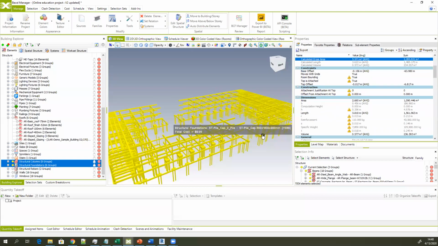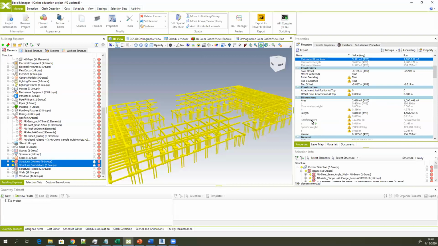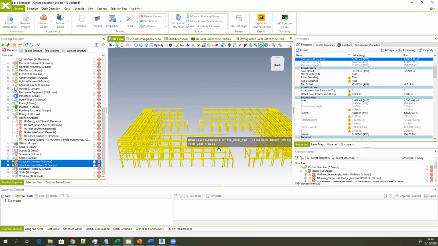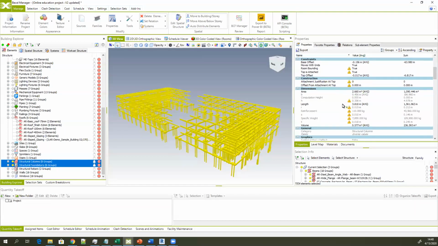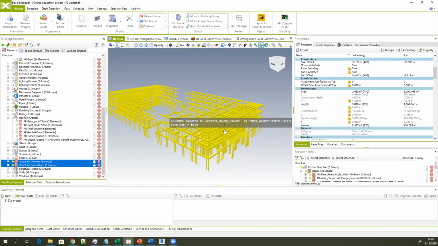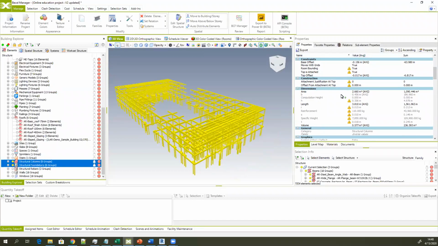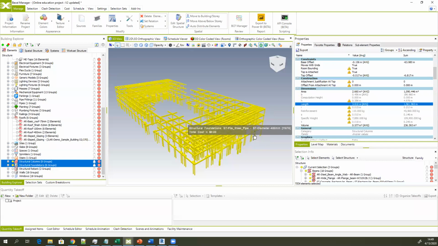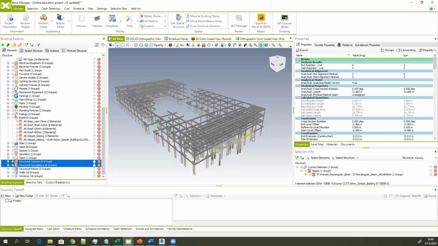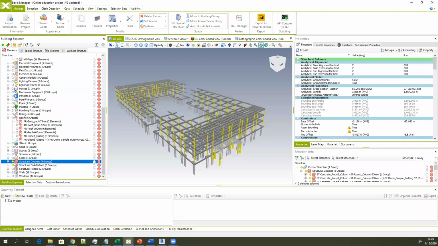So if this is clear, I'm going to show you how you can add new properties, which is a really useful and convenient way of enhancing your BIM model coming from the authoring tool. If you want to edit any of the available properties, you can do that. The properties colorized in black can be edited just by right-clicking on them and using the option Edit. And if you select just a specific type of element, in this case, just the structural columns,